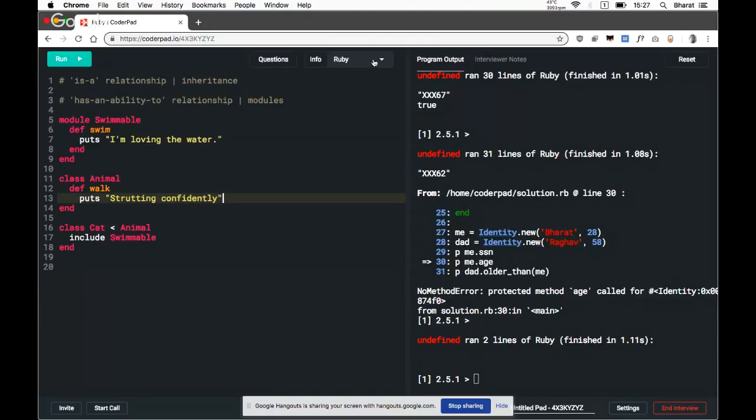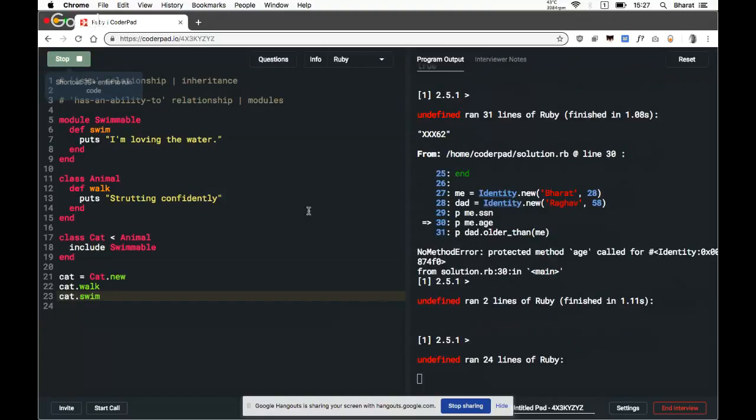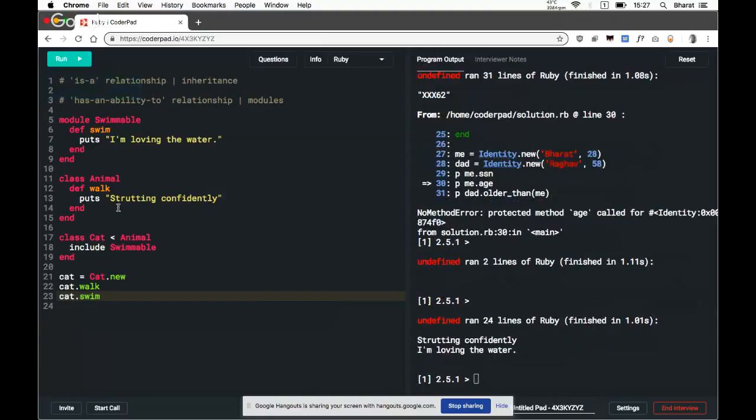I'm not giving any states right now. It's not totally crucial for this example. Now we do cat.new, we do cat.walk, we do cat.swim. So you're walking from the superclass and swimming from the module.